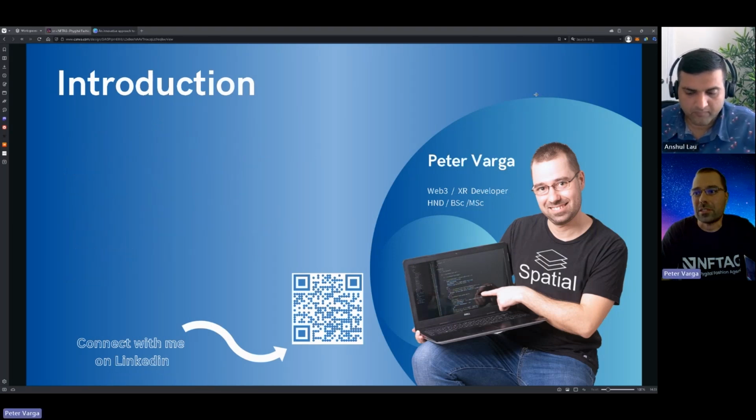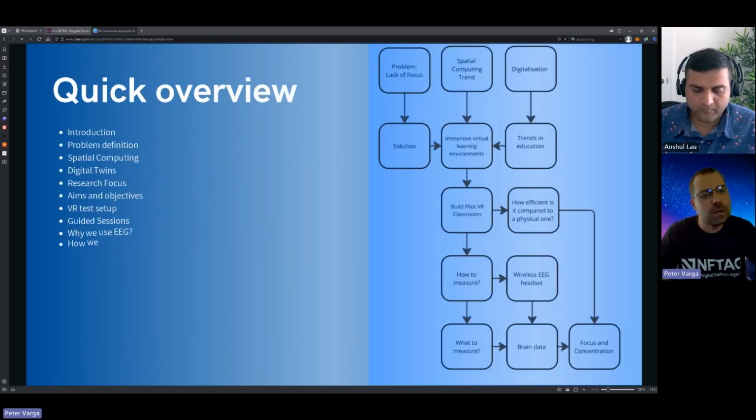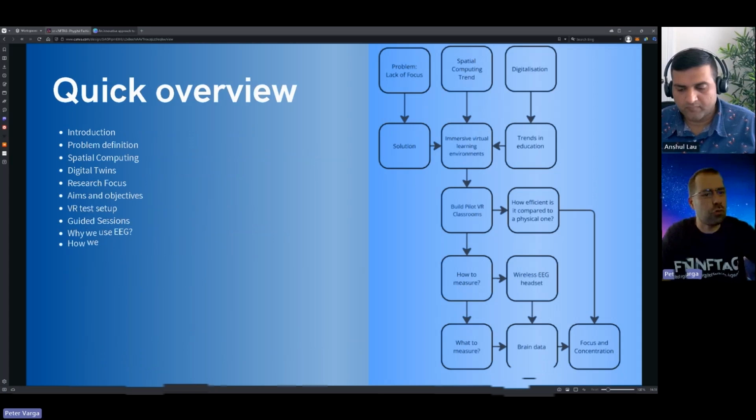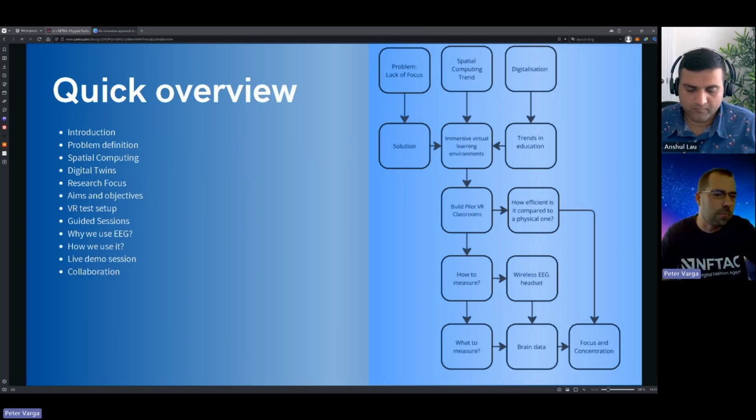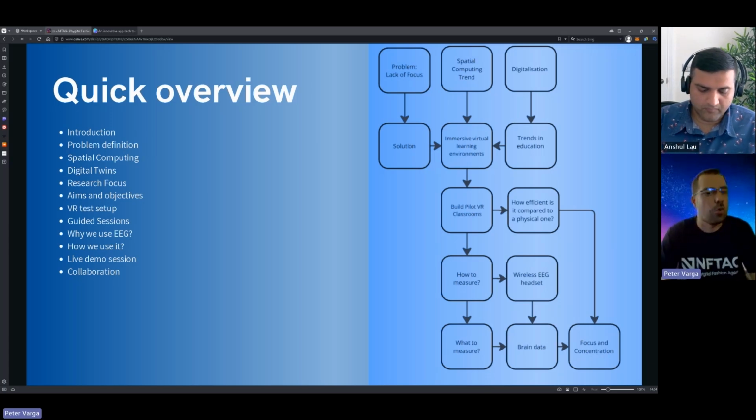Before I start my presentation, I'll outline what I'm going to cover in my proposal. First, I will describe some of the problems, then introduce the current VR trends. I believe it is crucial to understand the current availability of the technology, from both hardware and software perspectives. In the second part of the presentation, we'll overview the possible data collection tools for conducting my research. At the end of the slides, I will give a brief demo of the VR classroom as a solution.